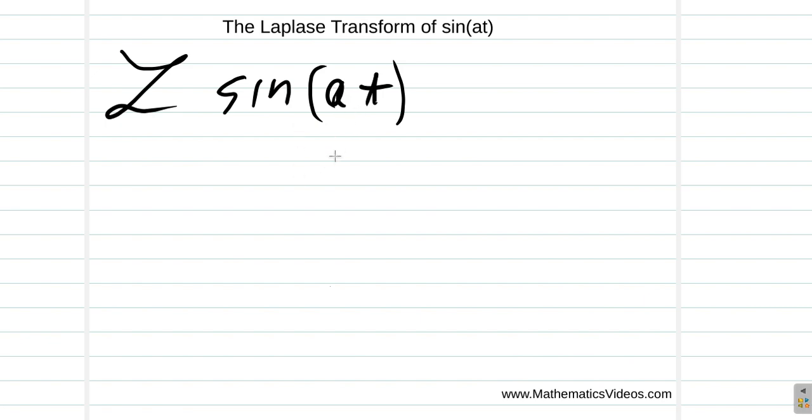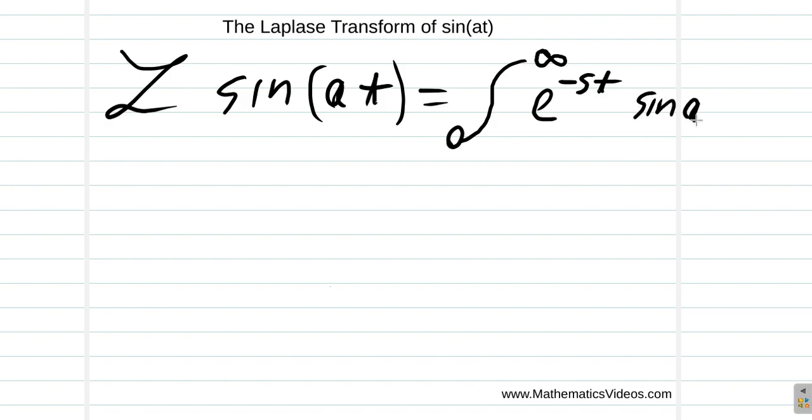A is a constant. Now, of course, you know that this means the integral from 0 to infinity of e to the negative st, where s is a constant, and then the function sine at. So here now, let's integrate that. And by the way, before we do that,